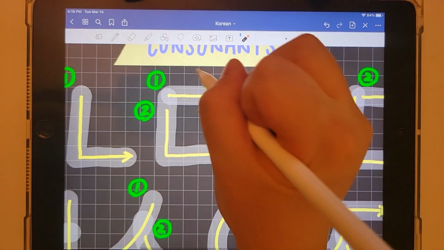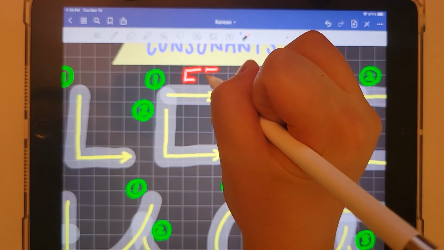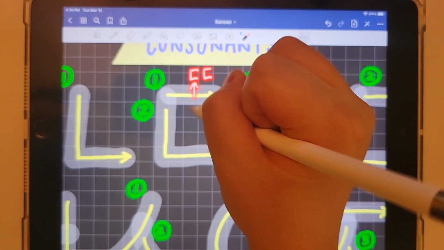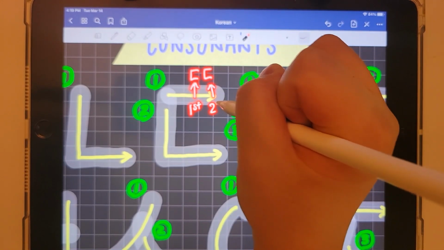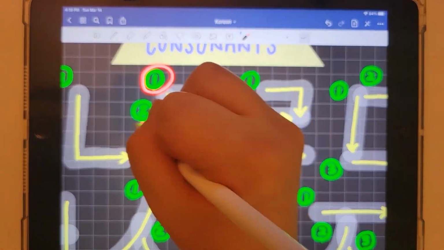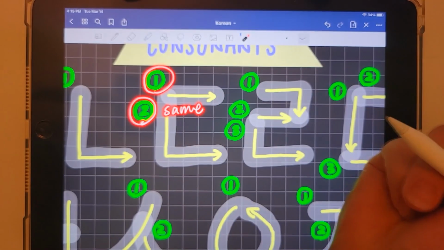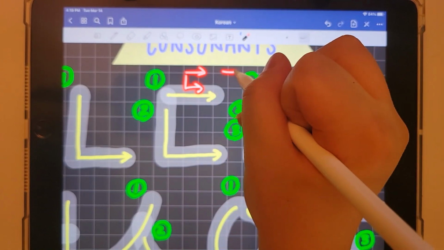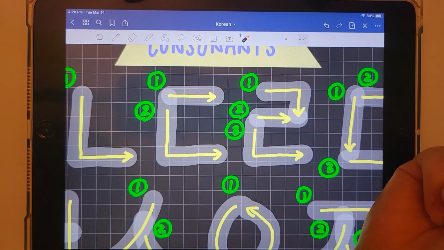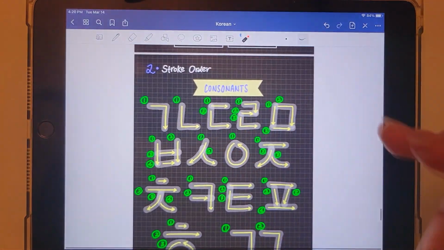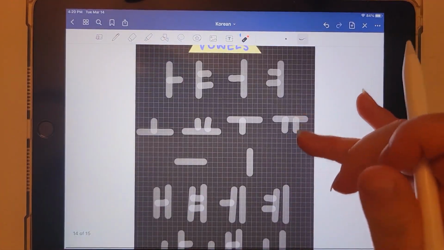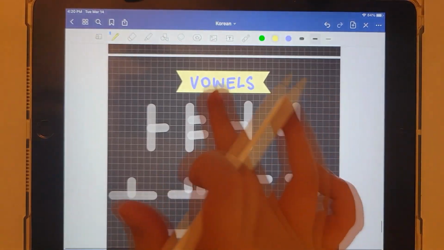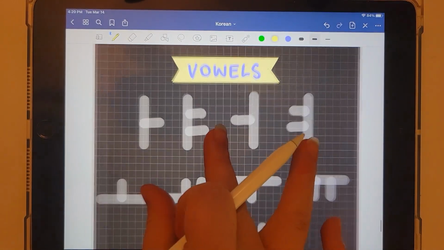Let's try another consonant, for example. So this one's gonna have 2 of the same consonant, but just right next to each other. But it's gonna go from left to right. So the first one is gonna be on the left, and then the second one's on the right. And it has the same order that you write it in. Alrighty, I think that should be good for our double consonants. And now we're going to move on to the vowels. The vowels are next, and first we're going to start with